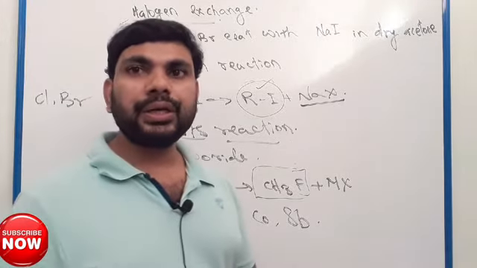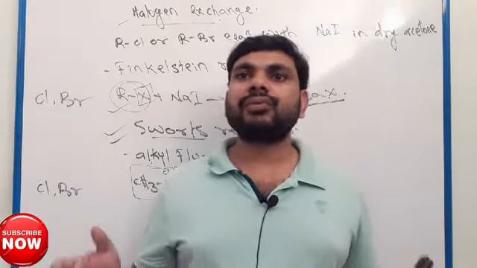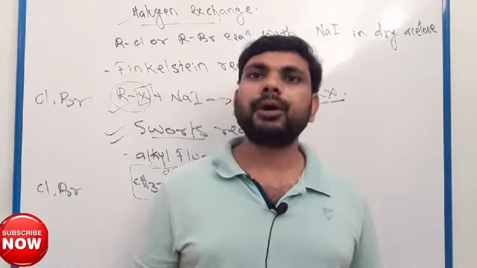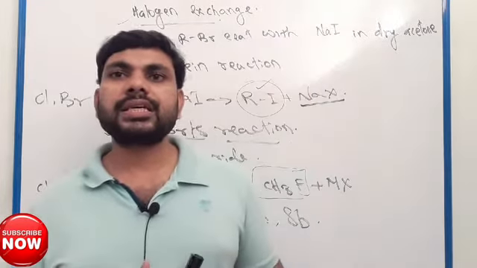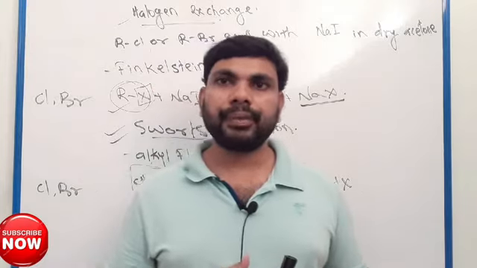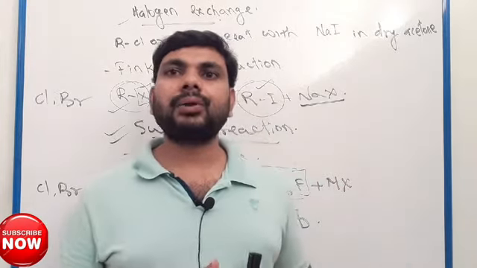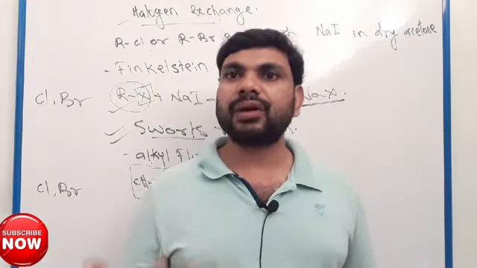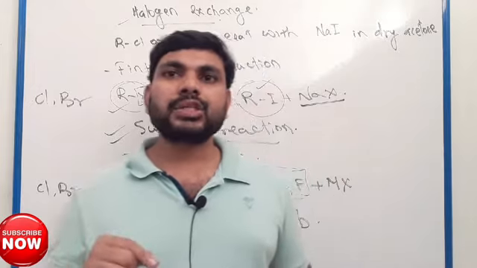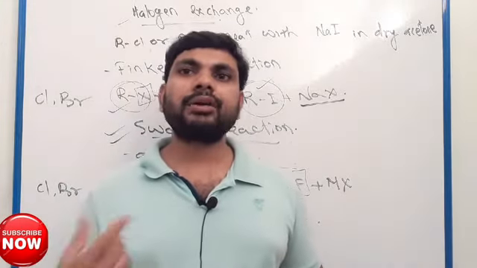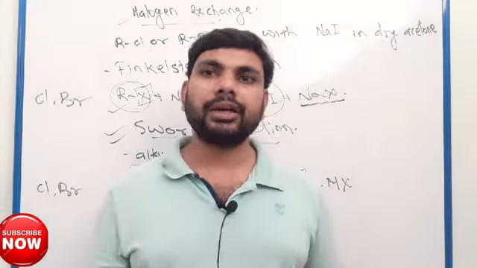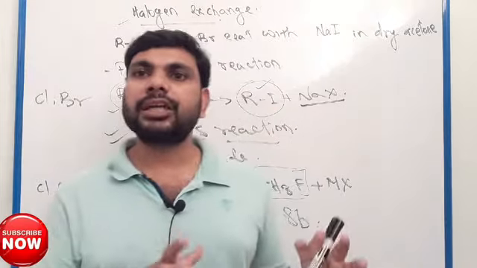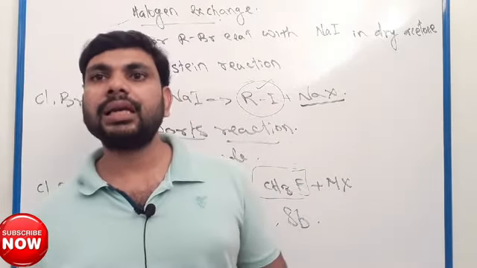In this video we discussed nature of carbon, nature of the C-X bond, polarity, bond polarity and bond length. We also discussed preparation of haloalkane by different methods from primary alcohol, secondary alcohol and different types of alcohol reacted with HX, SOCl2 thionyl chloride, PCl5, PCl3. This type of compound reacted with alcohol can produce alkyl halide.